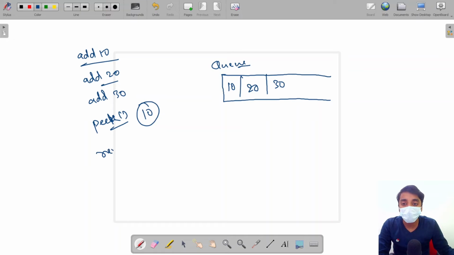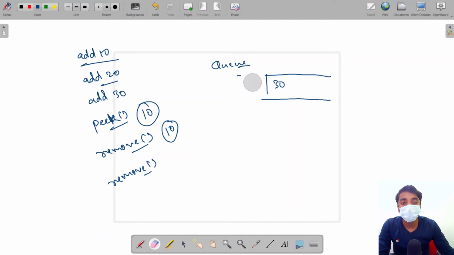Now if we ask for remove, it will remove this 10 and give us this 10 value. Now if we again ask for remove, it will remove this 20 and give us this 20 value.